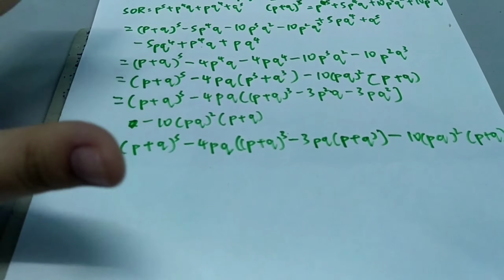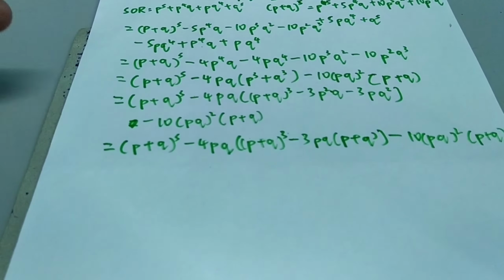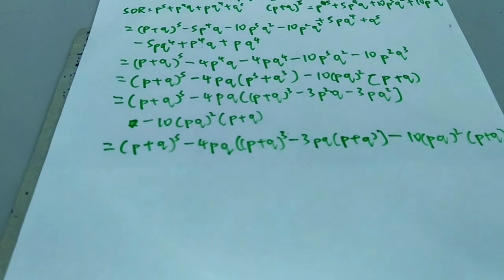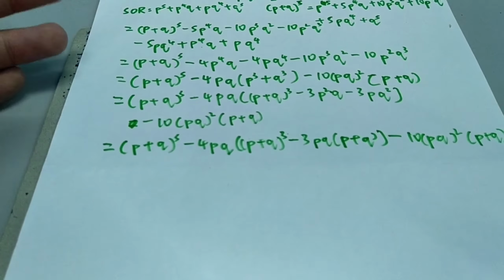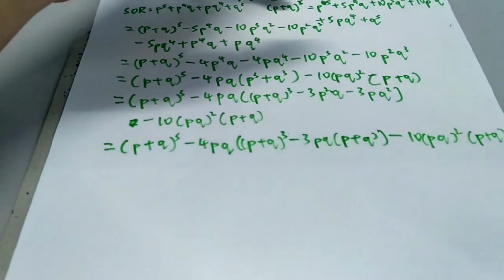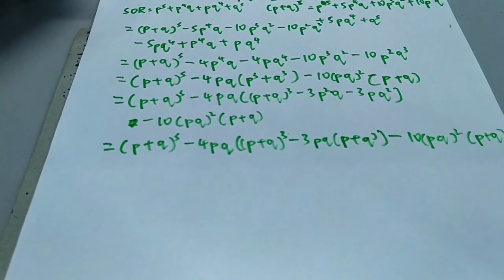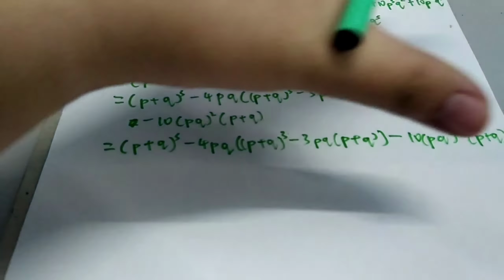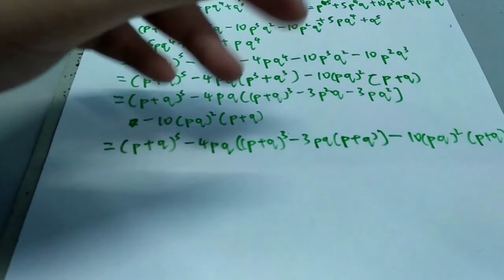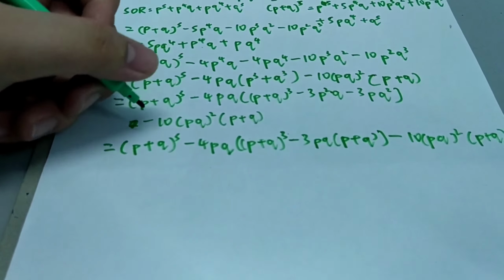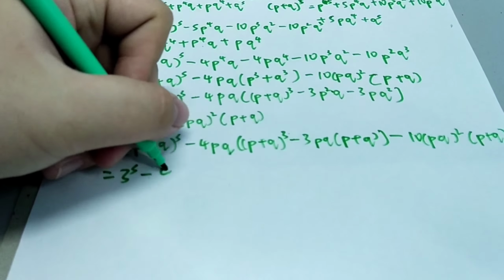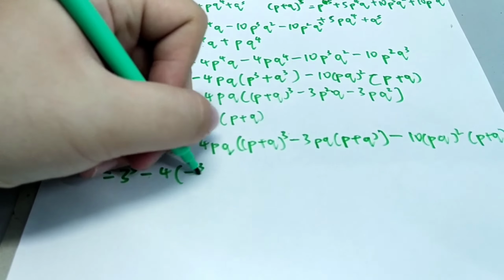Since we already made the expression in terms of p plus q and pq, we can just directly plug the value of the sum and the product of roots inside this expression. So this whole thing is equal to 3 power 5 minus 4 times negative 3 over 2